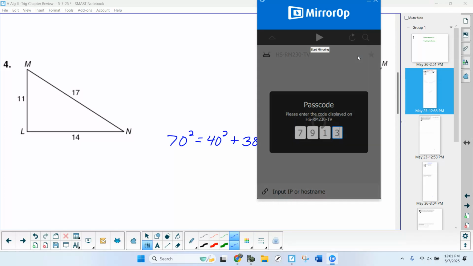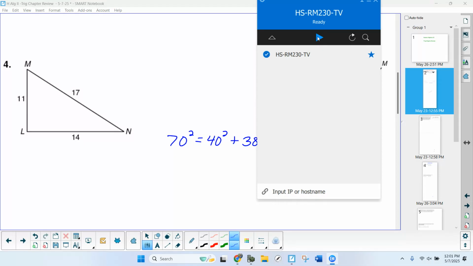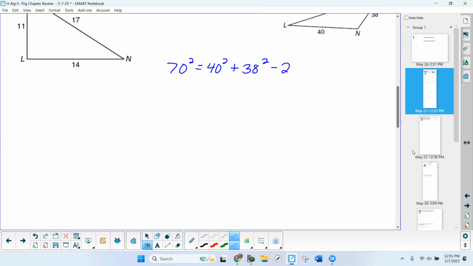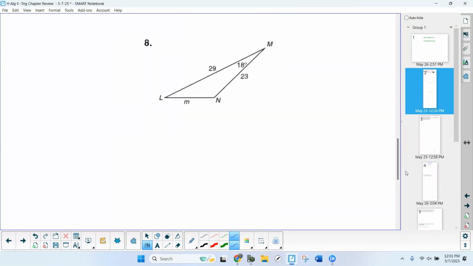Let's try my internet again. Okay. Next one was number 8. Oh, number 8 must have still been back here. So Jack, on problem number 8, what did you have to find first? M? Is that what you said? N or M? Okay. How would you find N? What would you do? Yeah, okay, you had to find out. Did you get side M correct? Or not? No. Okay, so,